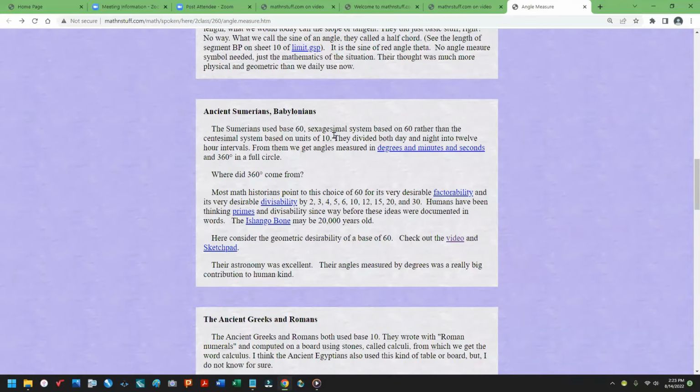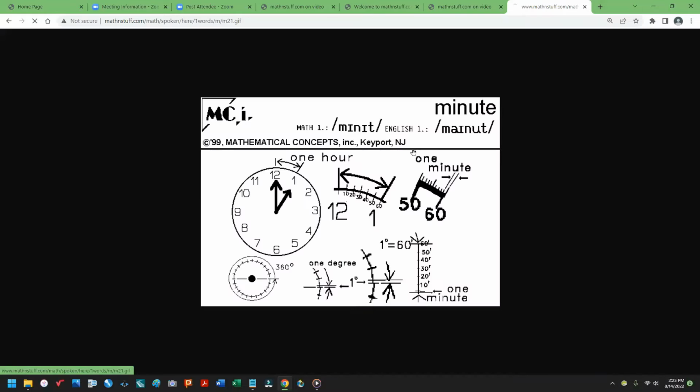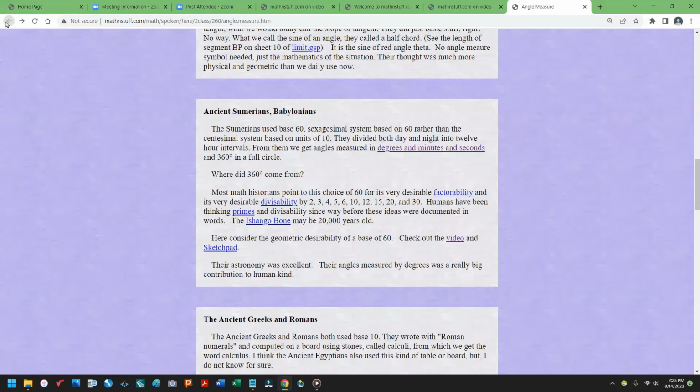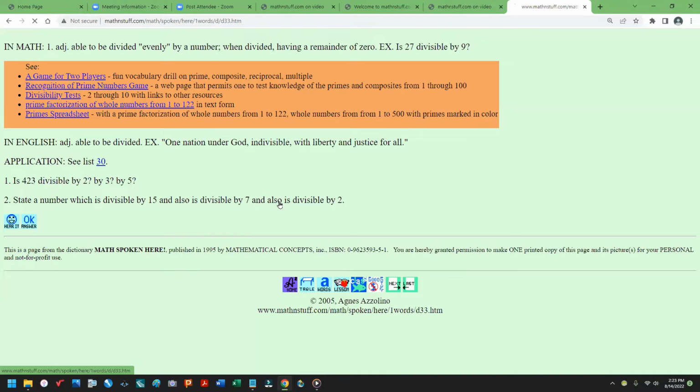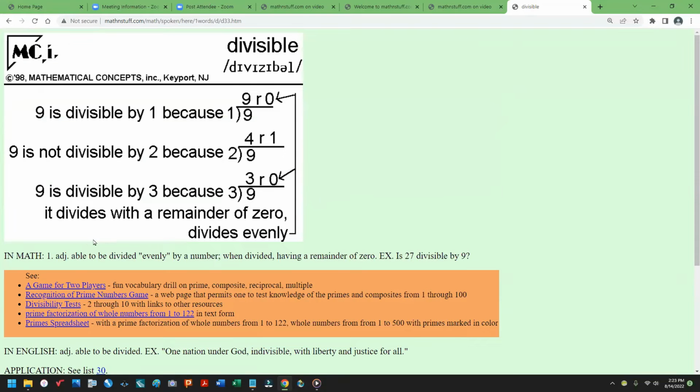The Sumerians, Babylonians, developed degrees, minutes, and seconds. You've seen that before. Where did the 360 come from? 360 is really nicely factorable and divisible, and here are some divisibility tests. It means it divides evenly,